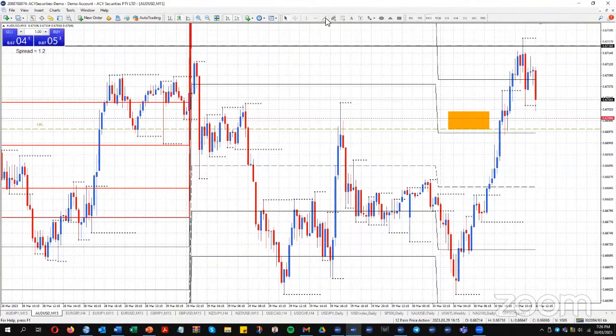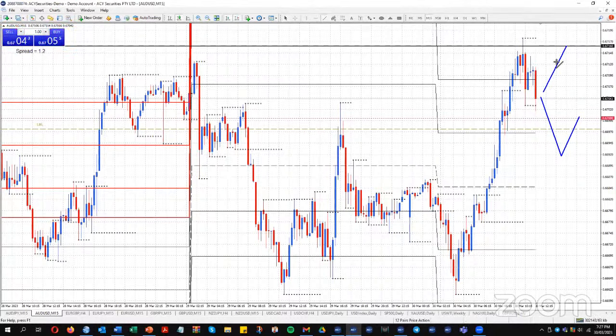So over the next day, can we move below the figure? Do we once more see the figure be resistance like it was over here, to move back down? If you start to see the figure being support over the next 24 hours, we could well move above 67.16. But in the short term, today, we could see price come back up